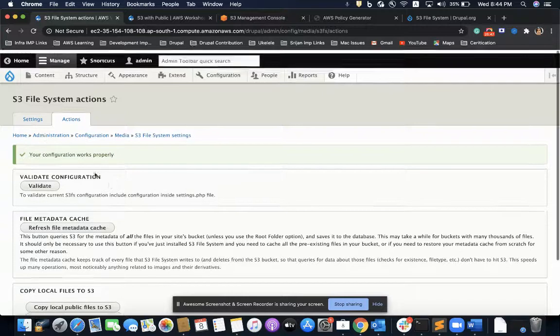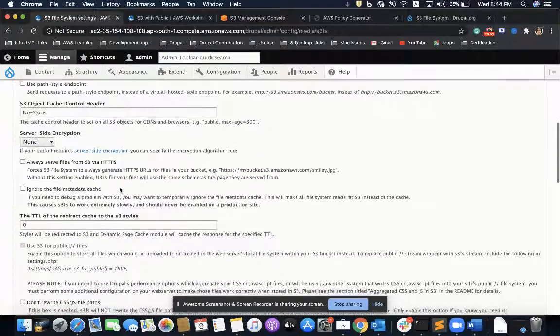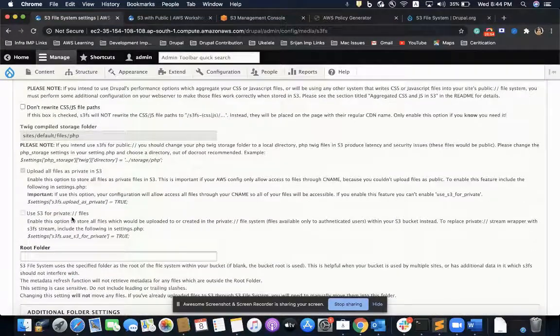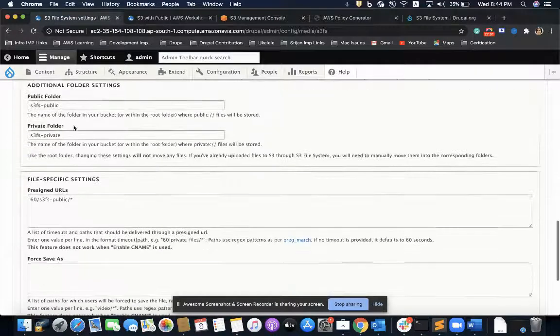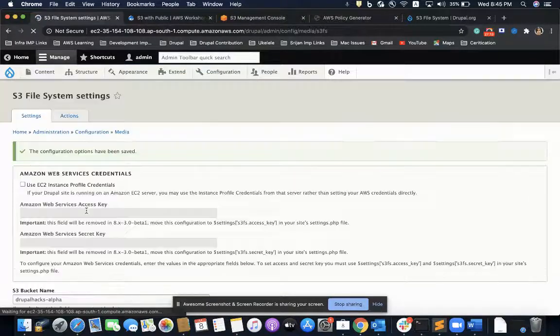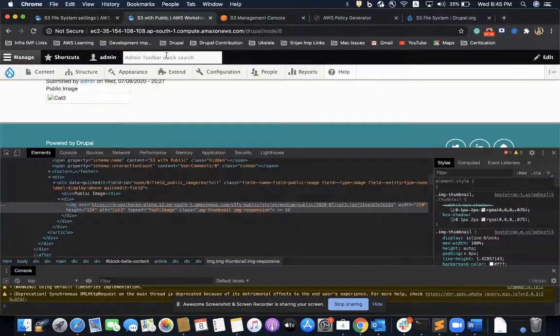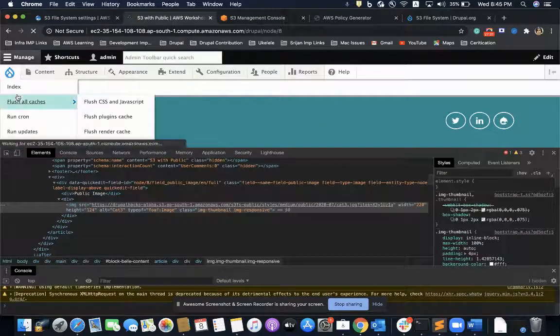I'll see what I did wrong for generating the pre-signed URL. This I have enabled, this I have enabled. Sorry, I was using slash here. I should use it as this. Refresh it.